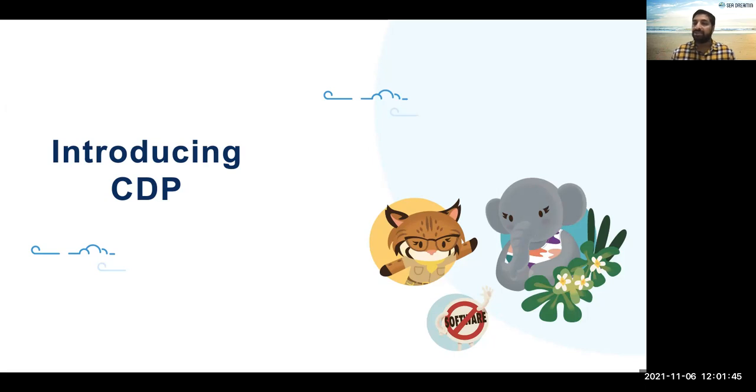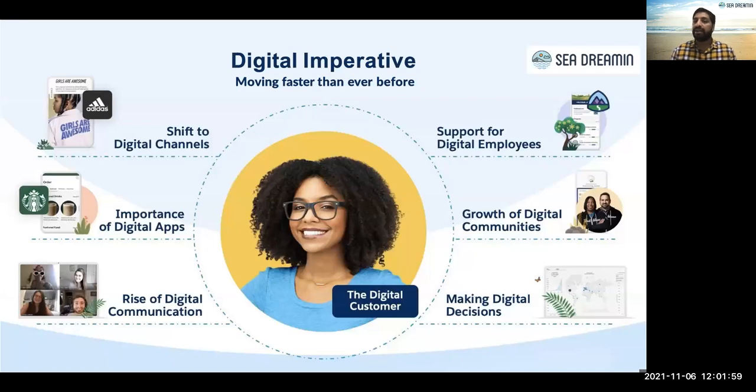Based on all these customer data platforms, we're going to talk about a couple of benefits and their impact on Salesforce CDP that has been ingested into your organization, right? There are some special use cases we're talking about currently. As I said, it's a digital imperative, nothing but moving faster than ever before. So we are shifting our strategy, shifting our mindset to digital channels, because we have a mobile app where anybody can go and look, and find some digital channels, right?